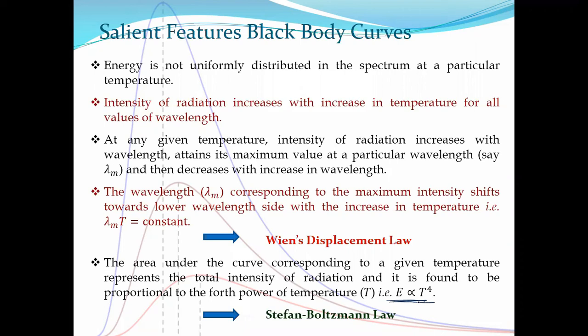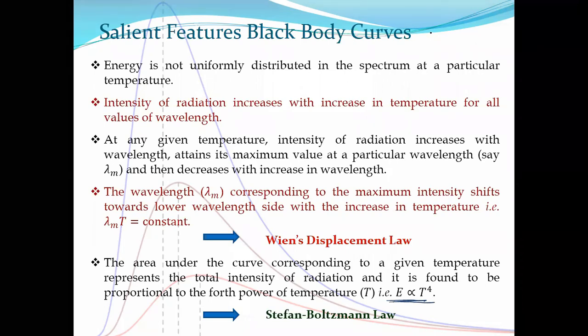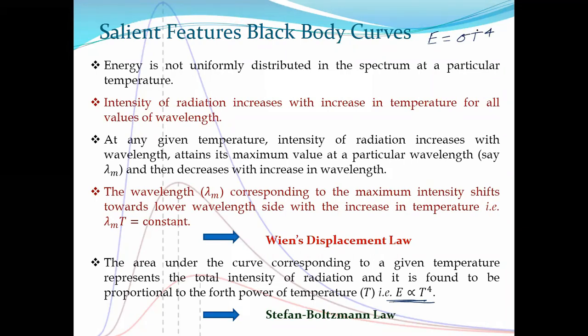Or you can say it here also. You need this: E equals sigma T to the power 4. You require T. Sigma is a constant, so it is known. So what is the required thing? This E, the total intensity. But intensity we cannot measure directly. Generally, the devices we use measure power, so we'll convert it into a form of intensity.